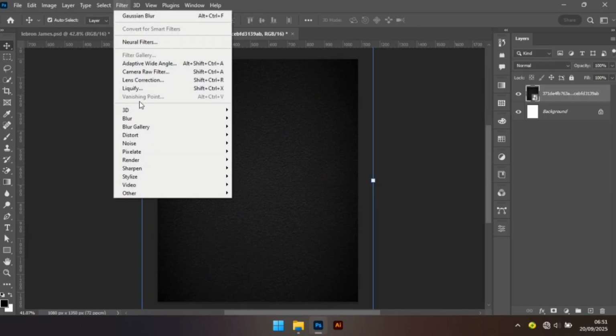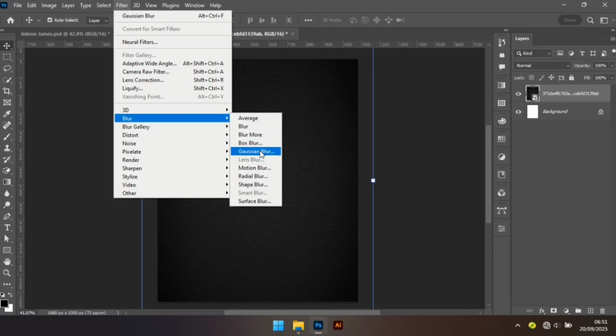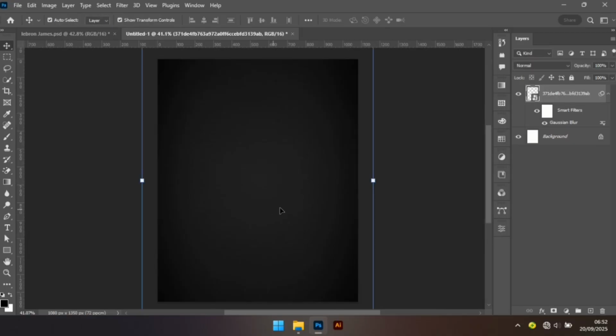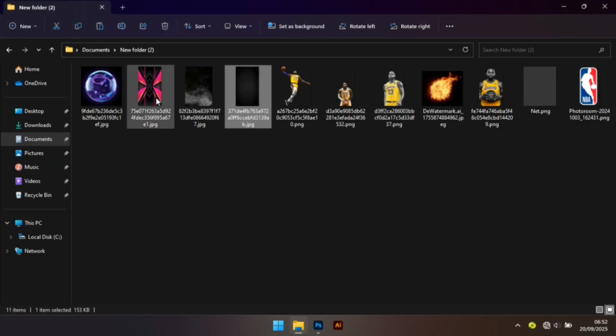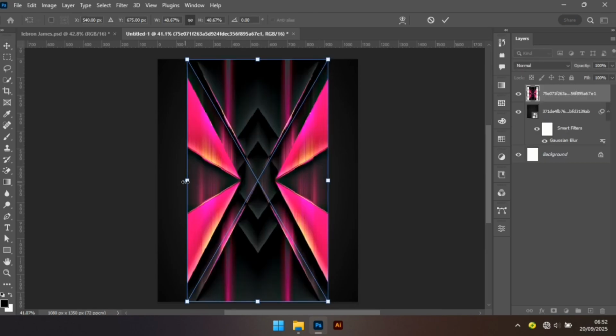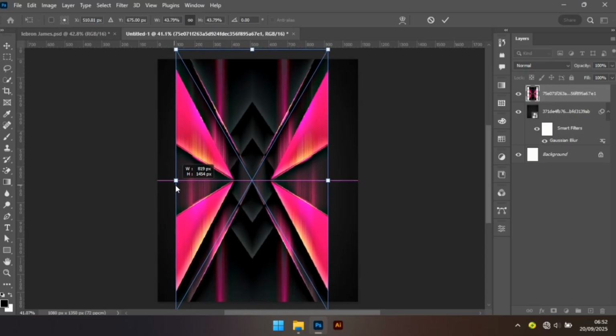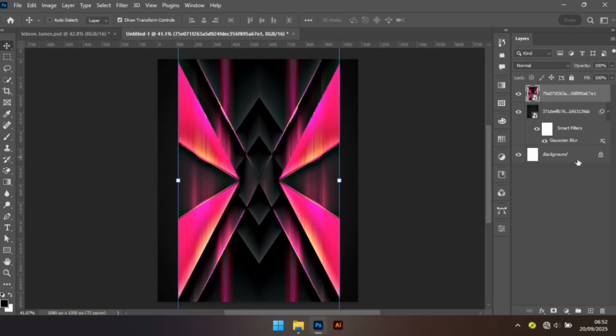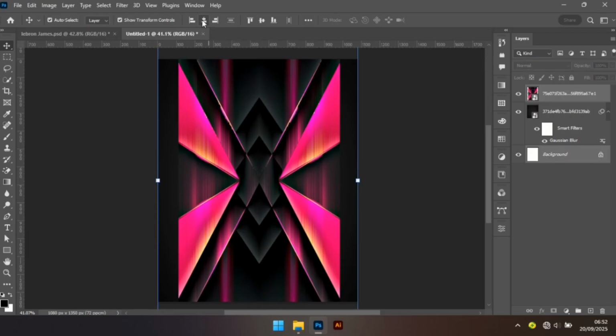So after doing that, I'm going to go to filter, then blur, then Gaussian blur, then set my radius to 40, so it will look completely plain like this. Then now I'm going to bring in this image. We are creating the background from scratch. That's what we are doing currently now. So I'm showing you guys how to create your background from scratch, any background from scratch. So I'm going to centralize this,